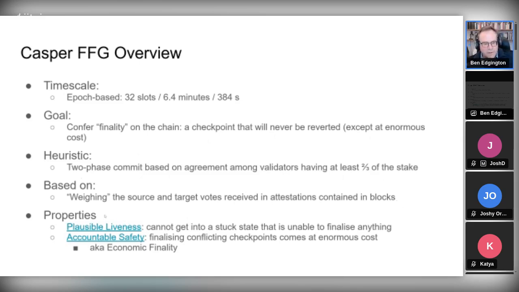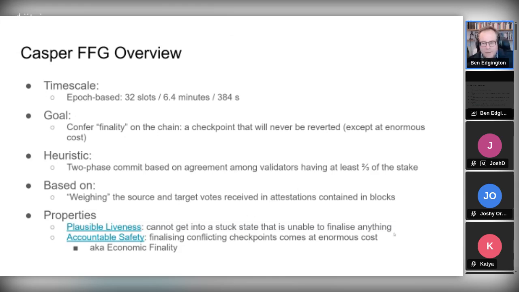Blocks are forever, though. And it has properties which are analogous to liveness and safety, because it's an overlay. It doesn't have its own liveness in a way. It's not producing blocks, but it has a sort of plausible liveness, which means that Casper FFG can never get into a stuck state that is unable to finalize anything. So, in other words, Casper FFG can always have a go at finalizing another checkpoint without having to slash participants